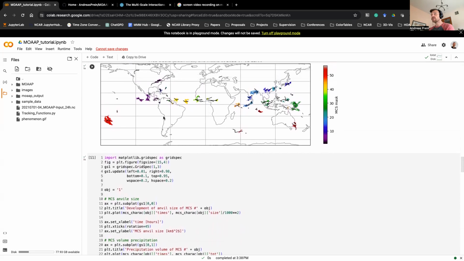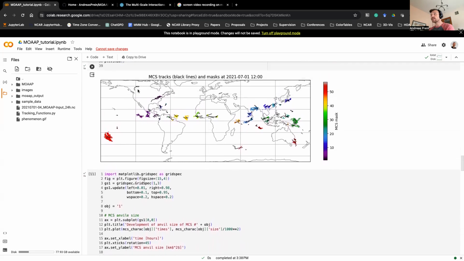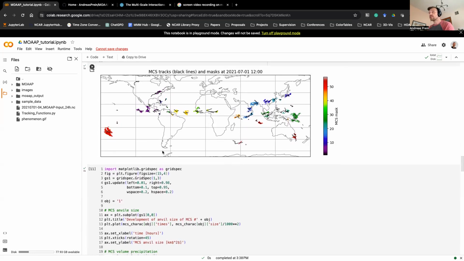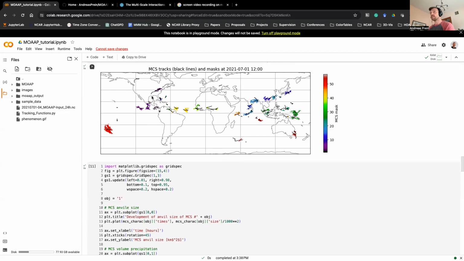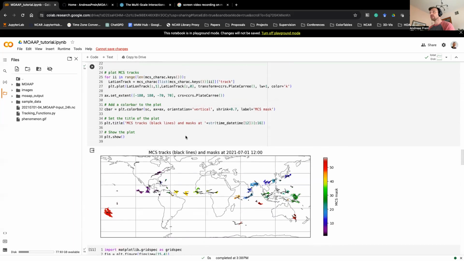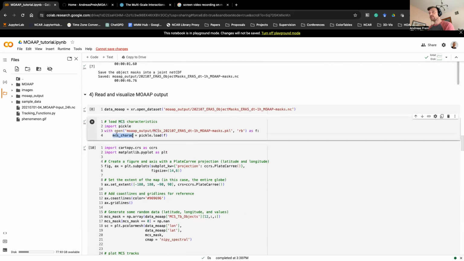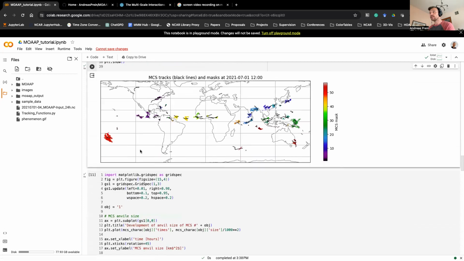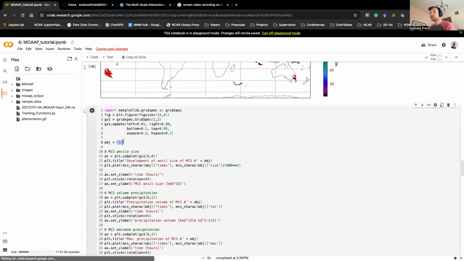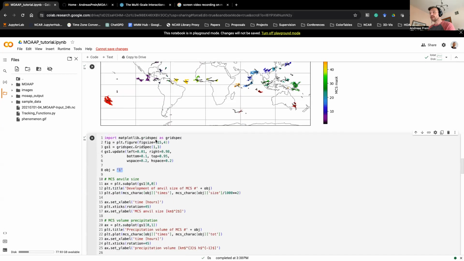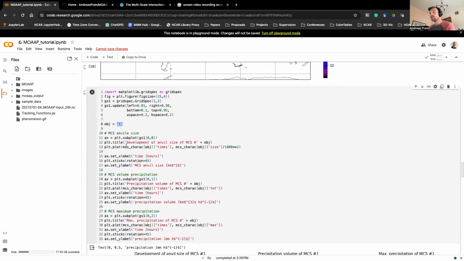Next, I just show you one of these MCSs. This is actually the MCS that's up here, which is a nice example because it's initiating and decaying within this 24-hour period. It's a fairly short-lived MCS. I show you what the characteristics of these MCSs look like by looking at the data that we loaded in this pickle file. This is the MCS characteristics data that we're looking at here. We will look at this first object, this one, as I already said, and plot